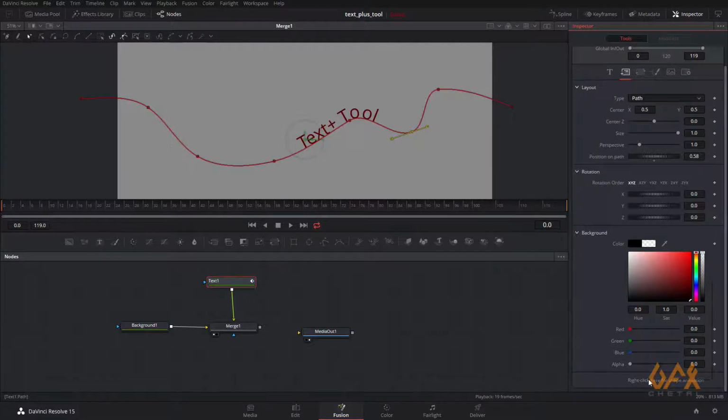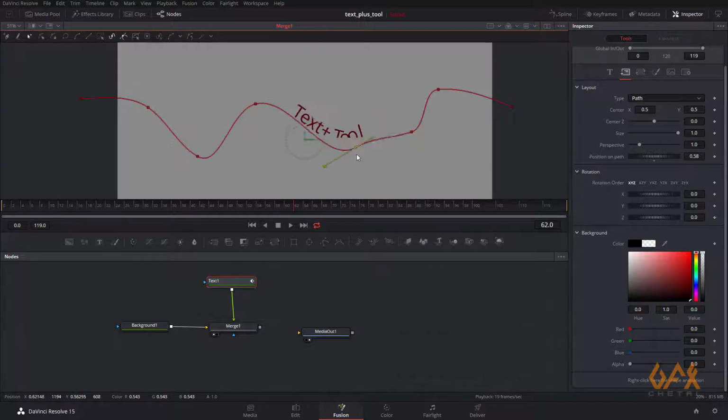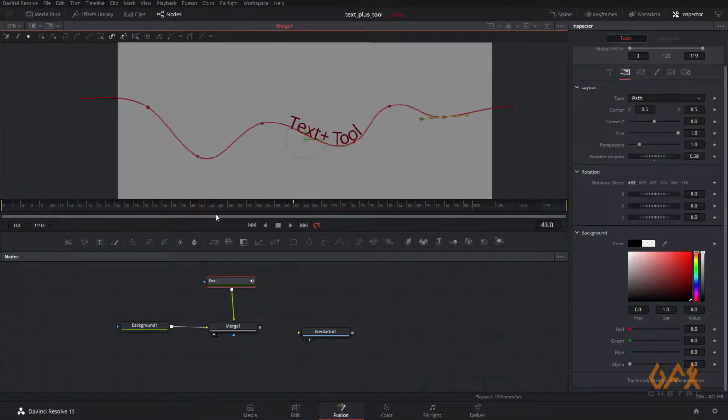So for example, if I right click over here and set key, and if I come over here and change some value, change some vertex like this, and now you see.